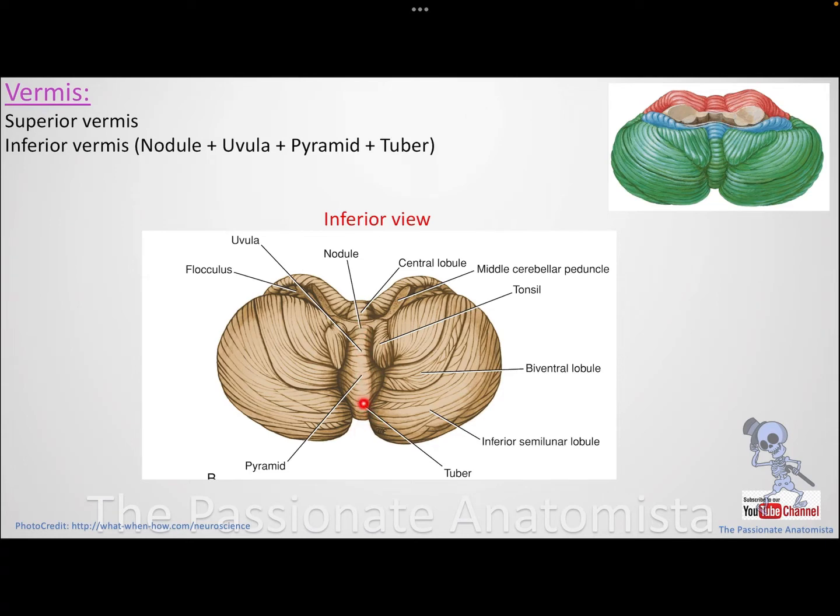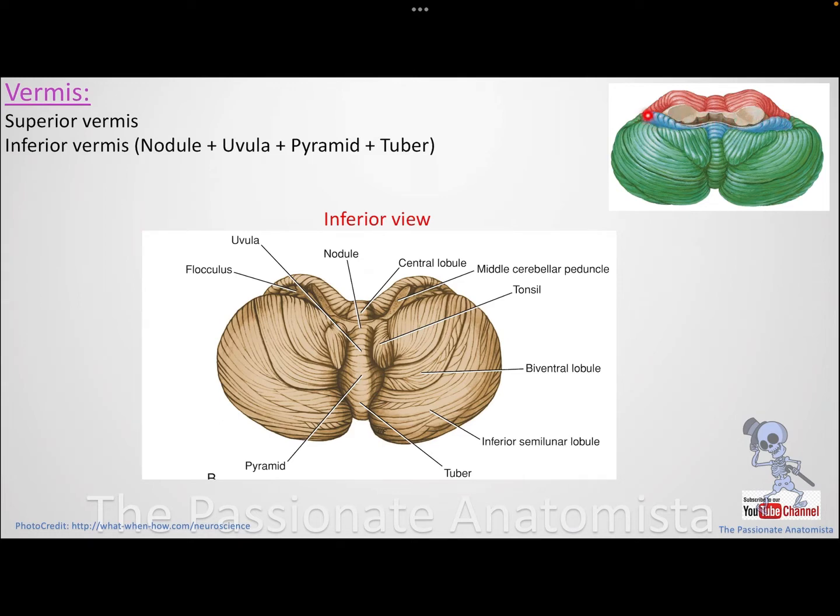If you look at the inferior vermis, it has four parts: the nodulus, the uvula, the pyramid, and the tuber. That's all fine, but the important thing to me is the nodulus, because the nodulus, as a part of the inferior vermis, along with two parts we call flocculi, and flocculus means tuft of wool. It's kind of like a flower kind of thing. And if you look at the colored picture, they are coloring the whole loop, because this is a functional and structural separate loop